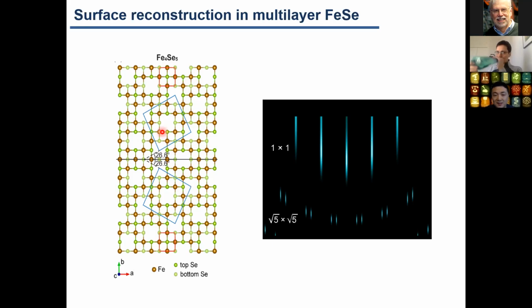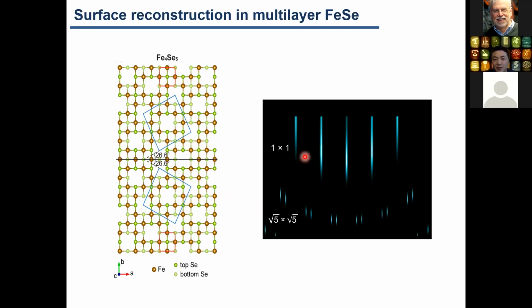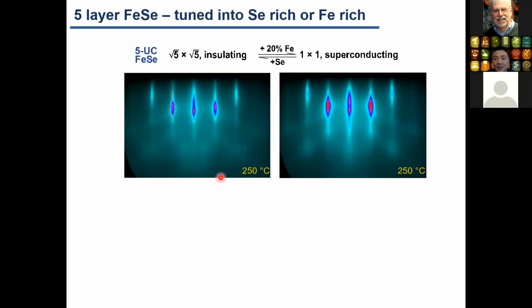And because of the phase, we will immediately see some sort of a reconstruction. Here it's actually a square root 5 by square root 5 reconstruction in RHEED. So by using RHEED, we will be able to monitor the change of the vacancies in situ in the films. Here we did a test on multi-layer samples,